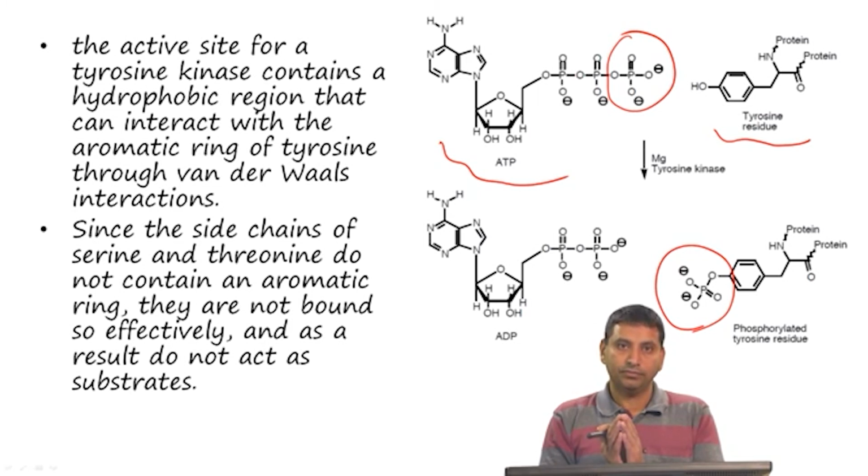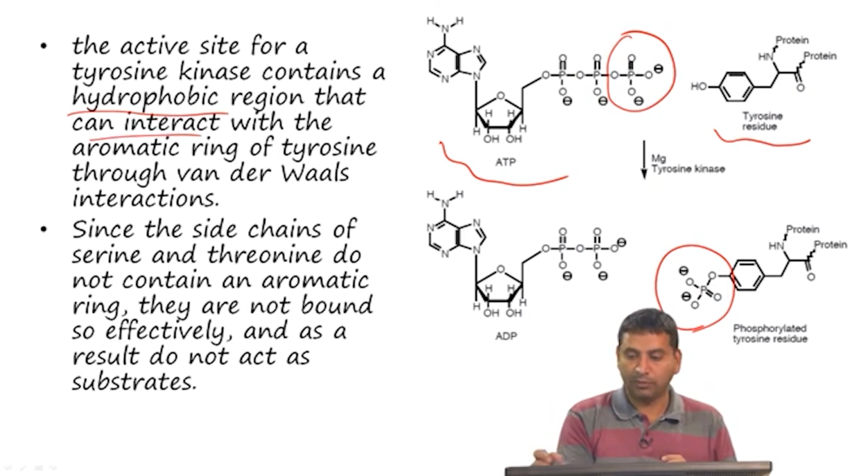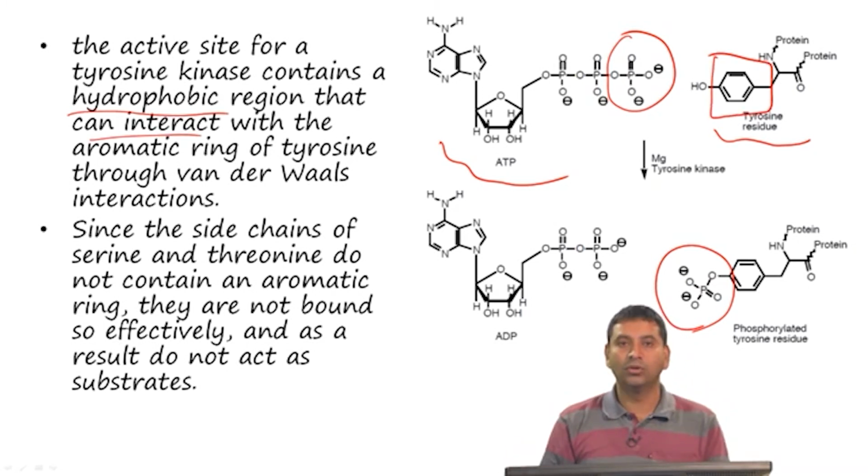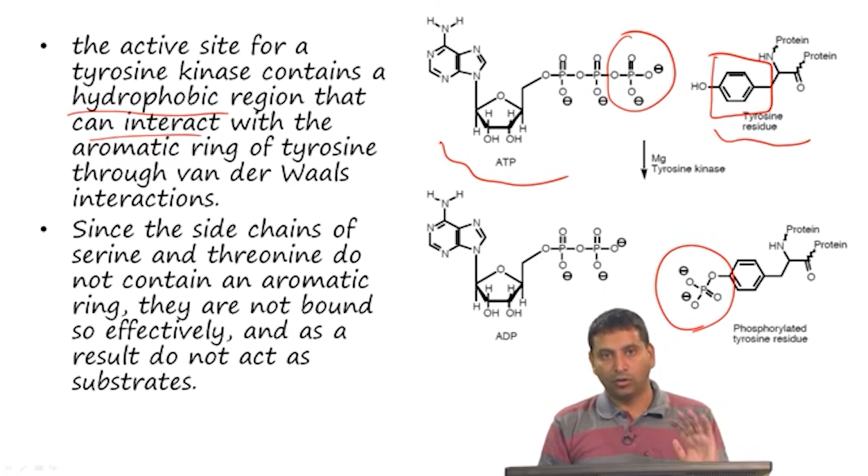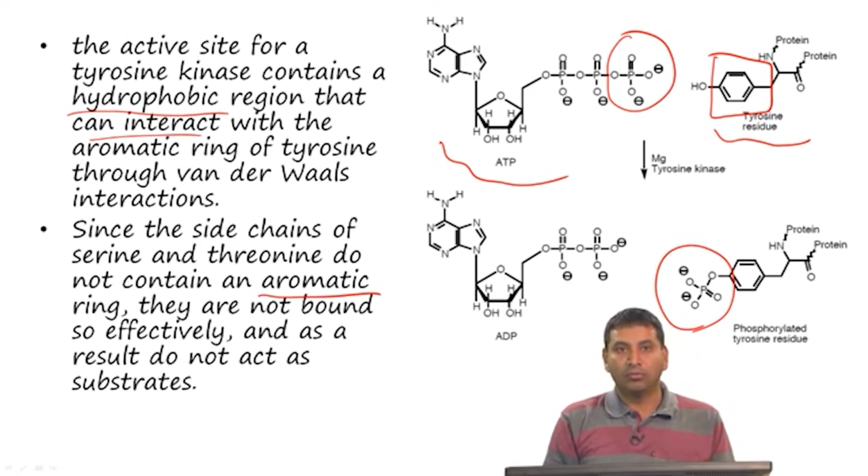And now, the active site for a tyrosine kinase contains a hydrophobic region, is what we would infer, because that hydrophobic region must interact with the aromatic ring of tyrosine. So, if the hydrophobic interaction is not very strong, then it is unlikely that it would be selective. So, since the side chains of serine and threonine do not contain an aromatic ring, they are not bound so effectively, and so because they are not bound so effectively, it is possible that phosphorylation does not occur to a